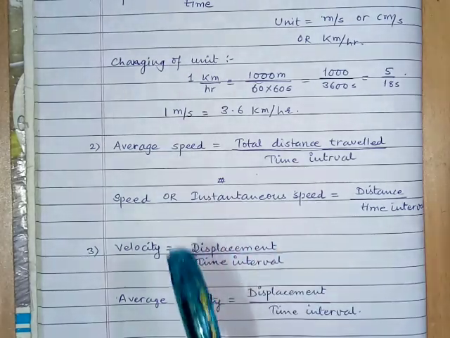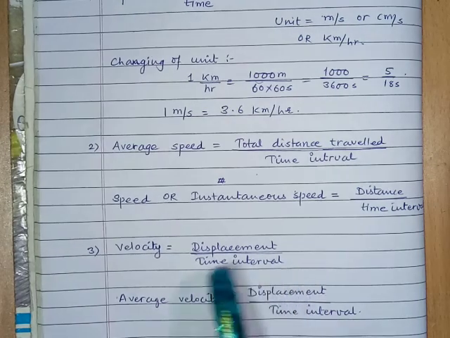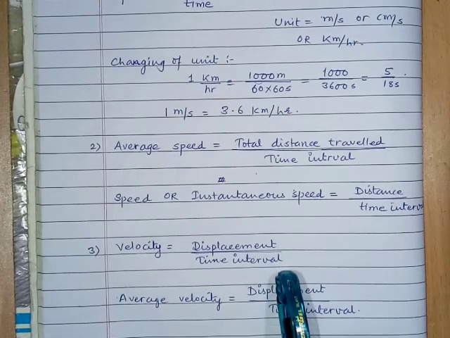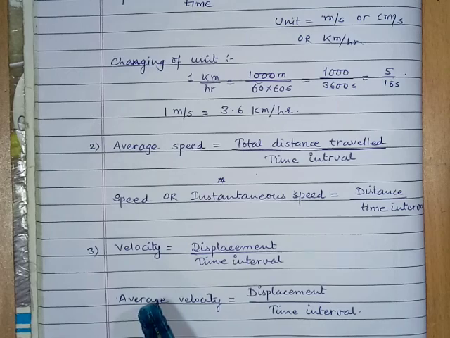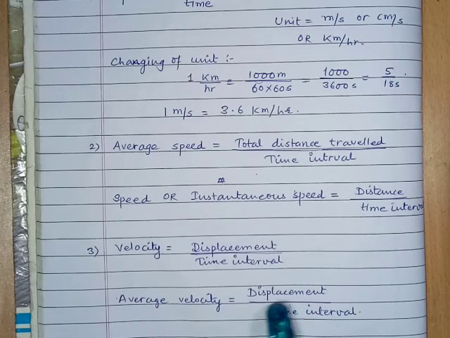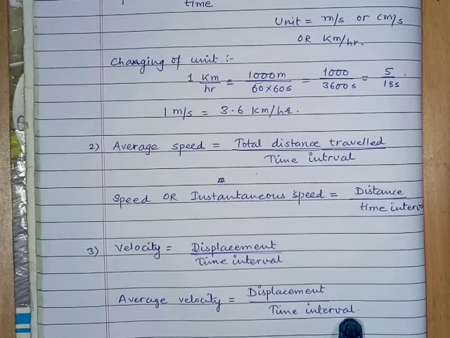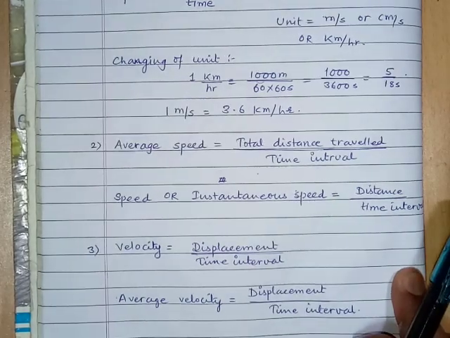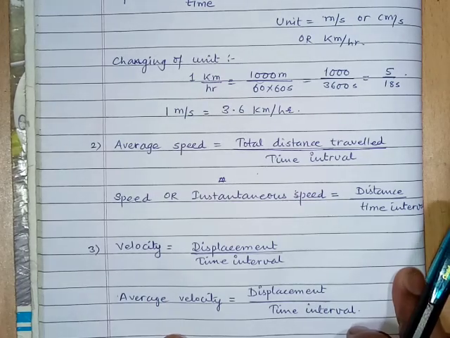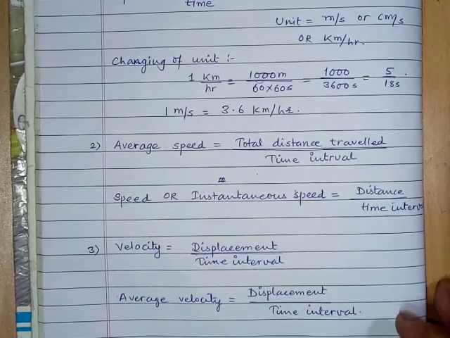Now like speed, sometimes we have to calculate the velocity also. Velocity, we know, is a vector quantity. The formula for velocity is displacement divided by the time interval. Like we calculated the average speed, sometimes we have to calculate the average velocity also. Average velocity is equal to the total displacement of the object divided by the total time required. In some books you will find the formulas in a different form. These formulas may be expressed in different forms, but all of them are correct. So these are some formulas that we will be using.